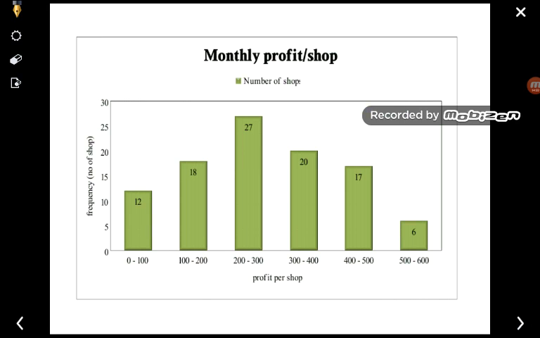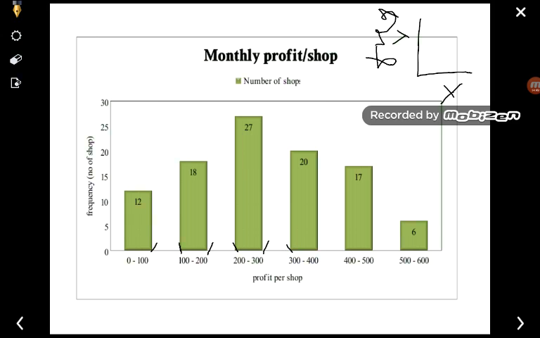So how are you going to draw it? You have to take the frequency on the y-axis, and the class interval on the x-axis, that is 0 to 100. Put a particular space between the two bars, and the space remains the same each time you select the bars. So consider that from here to here we have already plotted the first one. From here to here we have taken a 1 centimeter gap. So a 1 centimeter gap should be maintained each and every time.